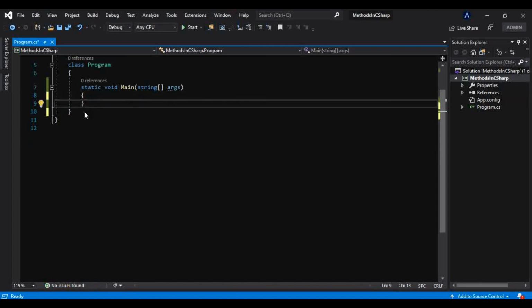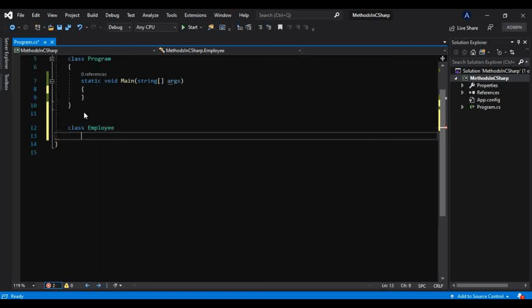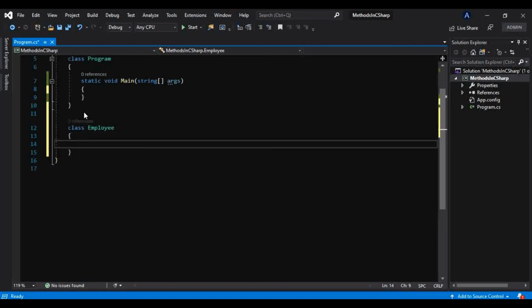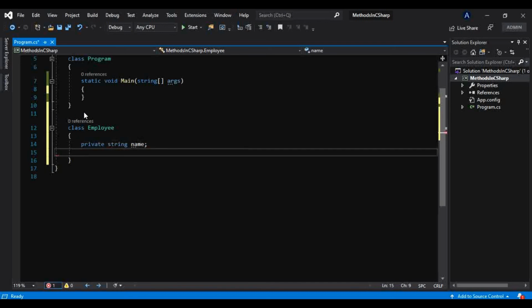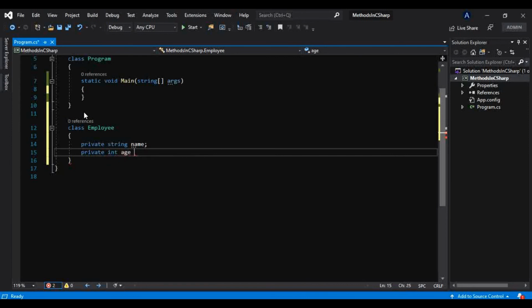Let's take a fresh class and name it employee, and have fields inside this: private string name and private int age.